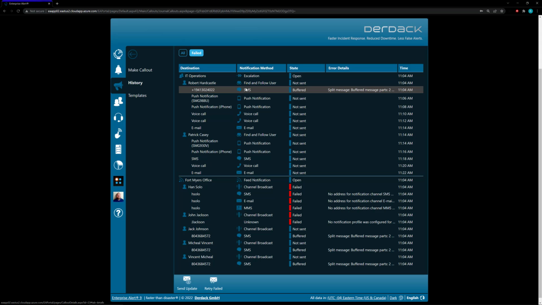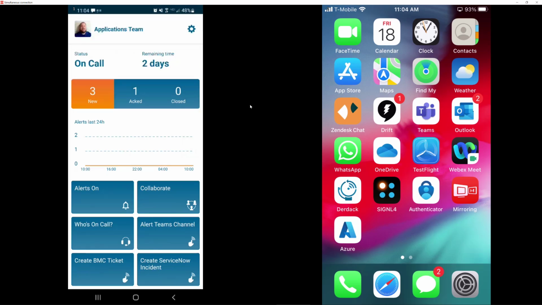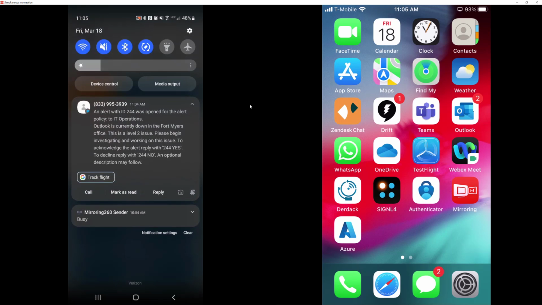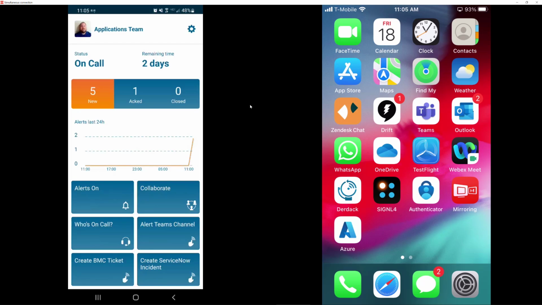So now let me go ahead and open up my phones here, and we'll actually see that I have 2 different phones connected. If I scroll down inside of my one phone, we'll see that I got the text message alert saying that an alert with the ID 24 was open, and this is the actual alert coming to my IT operations team. However, I'm going to give it a second here because we're actually going to see another notification come through the actual Enterprise Alert app. Now on my phone over here,